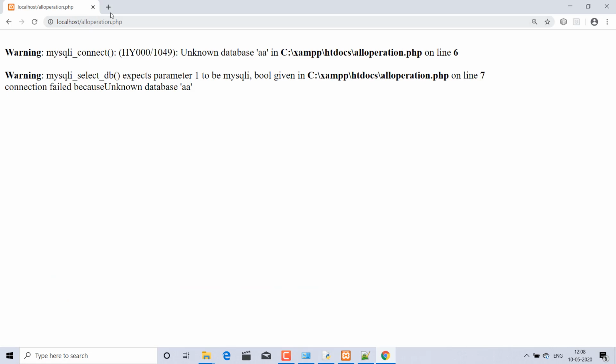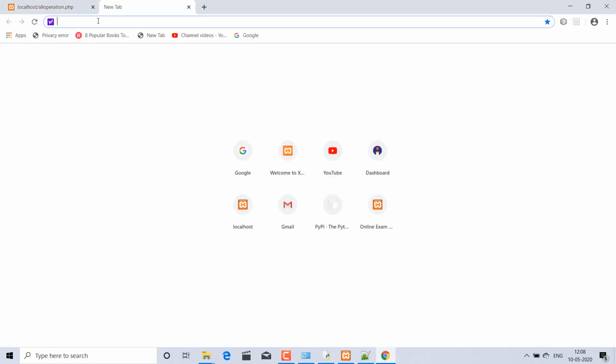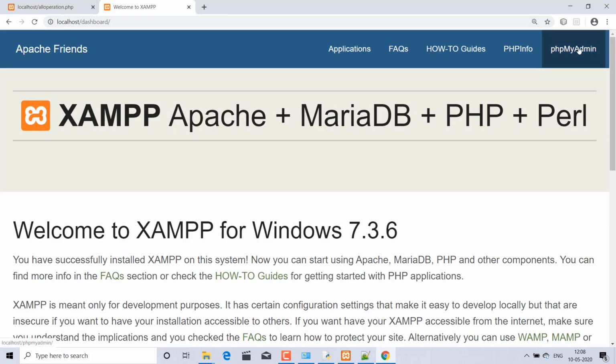Go to the browser, and here go to localhost and just open it, and this is my phpMyAdmin. Open phpMyAdmin and go to the table, just create. And how to create the table in phpMyAdmin?